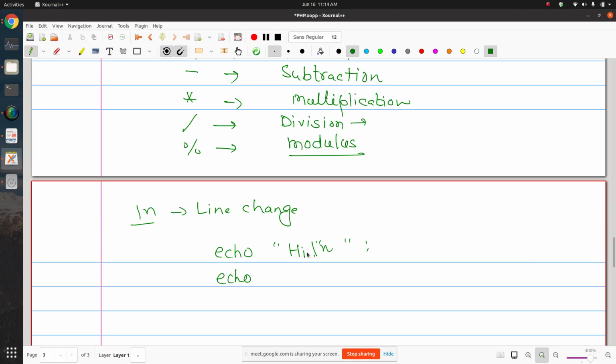You can display a message with the help of echo, you know that already. So you can use slash n for line change in double quotes. Actually in single quotes it will not work. So we have seen this in the previous class.